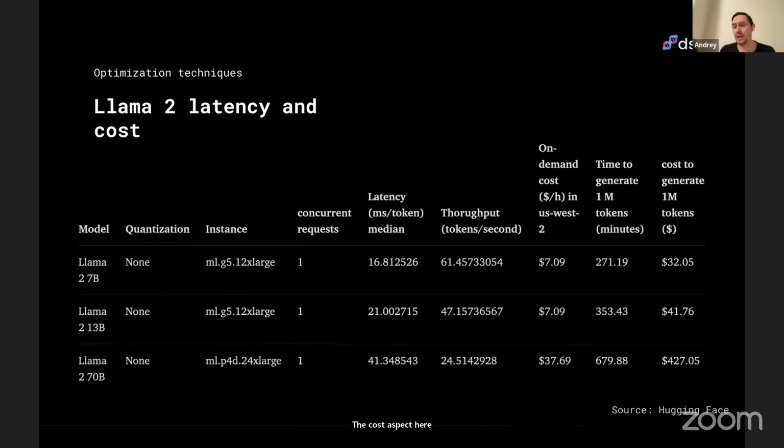This is a study by Hugging Face done together with AWS. What they did is they took Llama 2 of all 3 different sizes, and then they used cloud instances from AWS to run inference. And then they measured latency and cost for generating 1 token and for generating a million tokens. And you see here that for the smallest model,